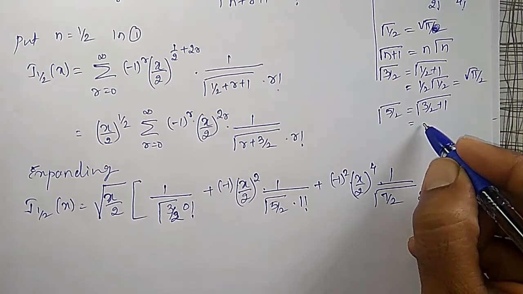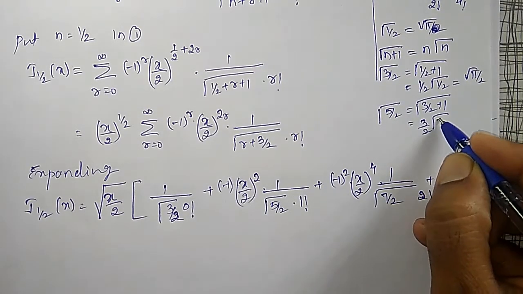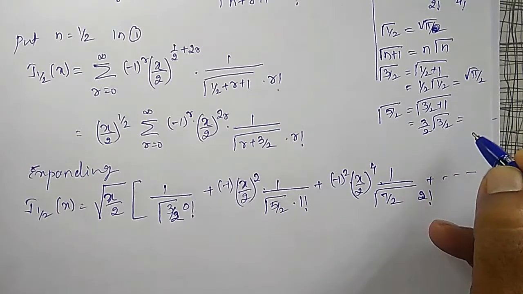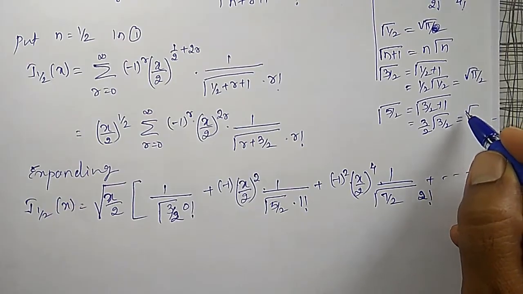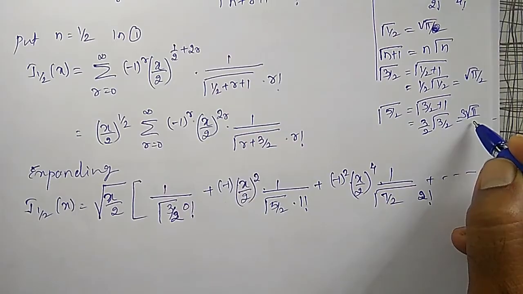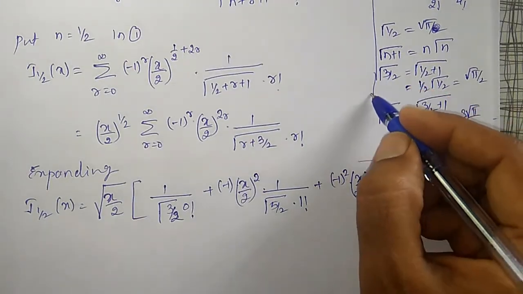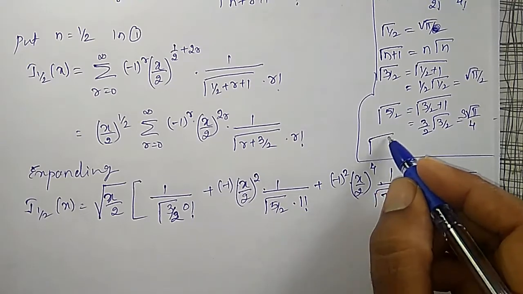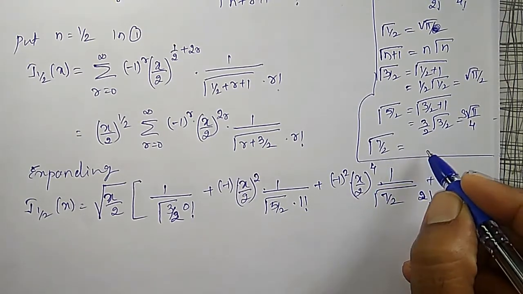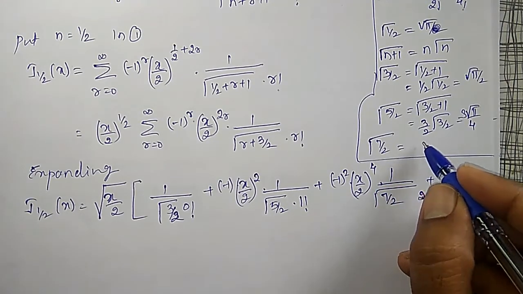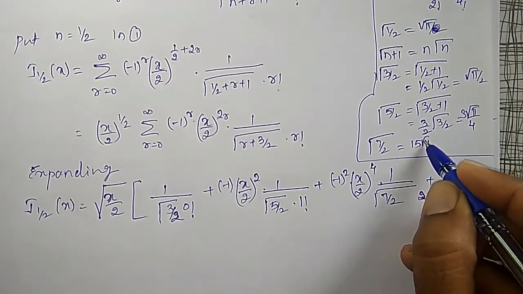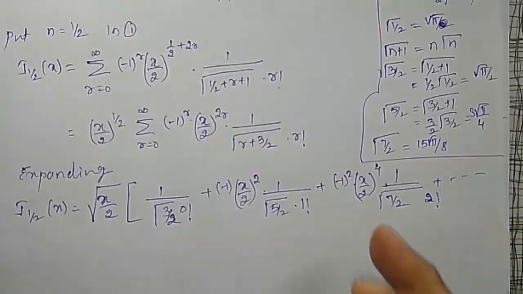Therefore, 3 by 2 into gamma function of 3 by 2, that is 3 root pi by 4. Like that, gamma function of 7 by 2, I can write it as 15 root pi divided by 8. Using